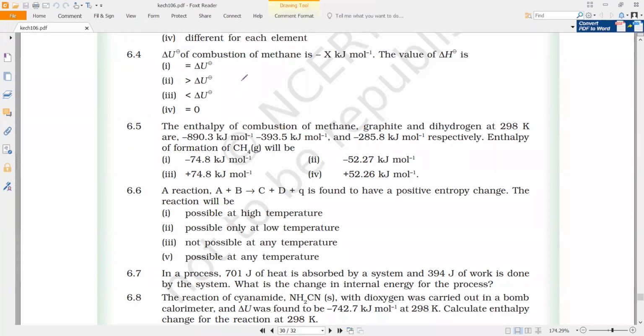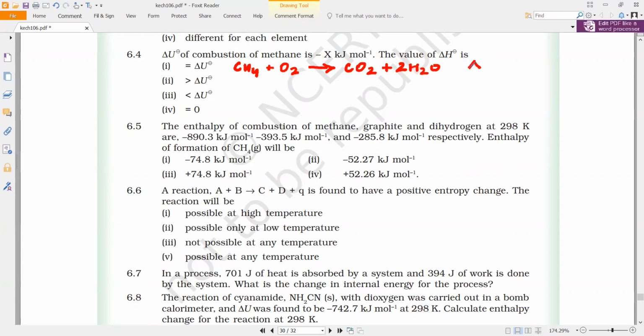It is CH4 plus 2O2 gives CO2 plus 2H2O. Plus 2H2O, right? Yeah, 2H2O. Okay, fine. Now, from this